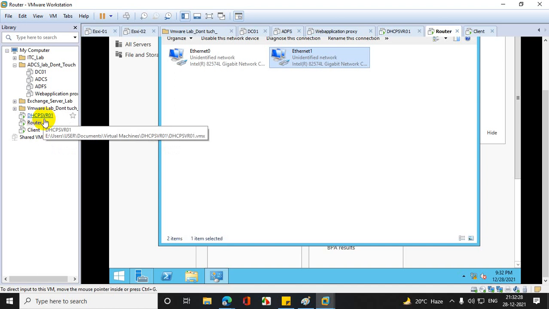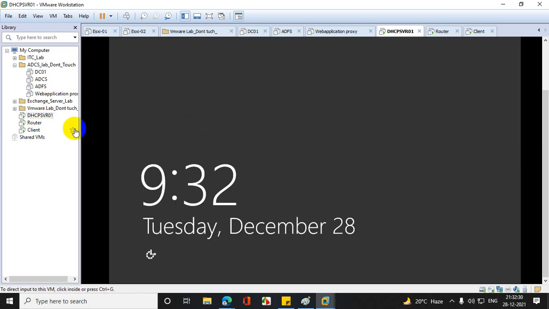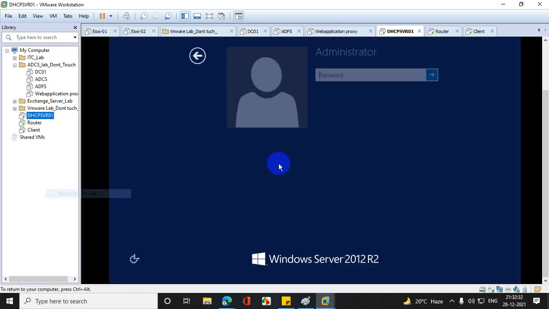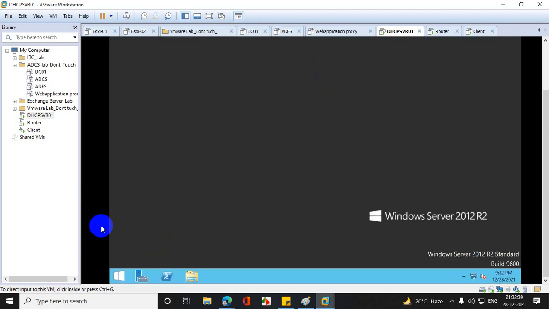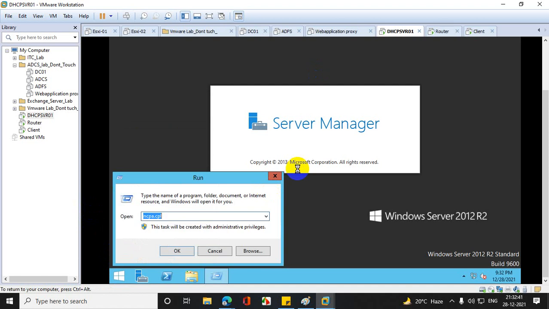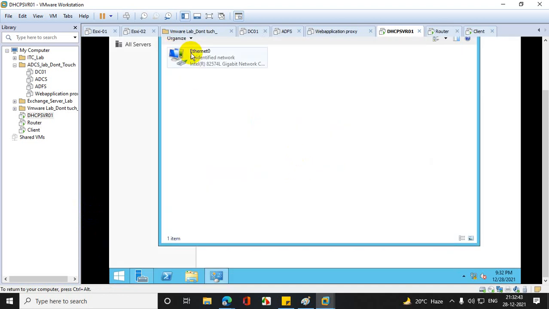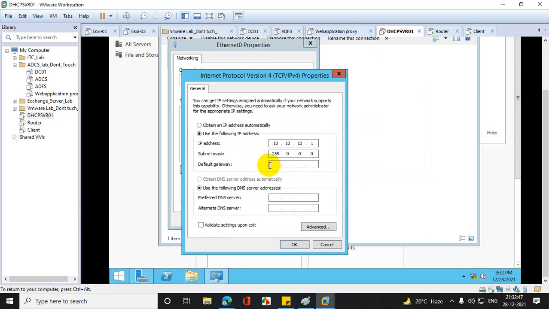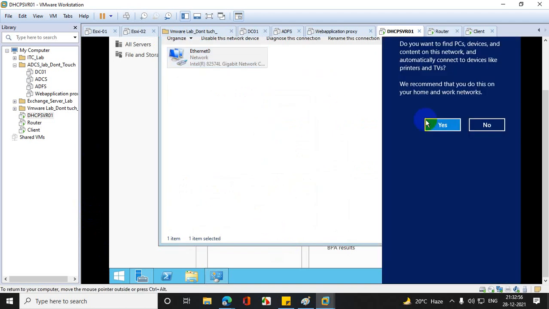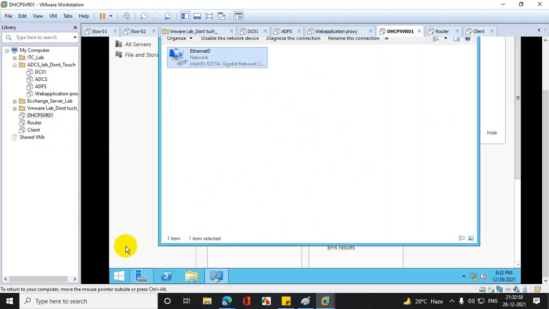Now in the DHCP server, I will run ncpa.cpl and put the router IP address, which is 10.10.10.10. Clear? Perfect.